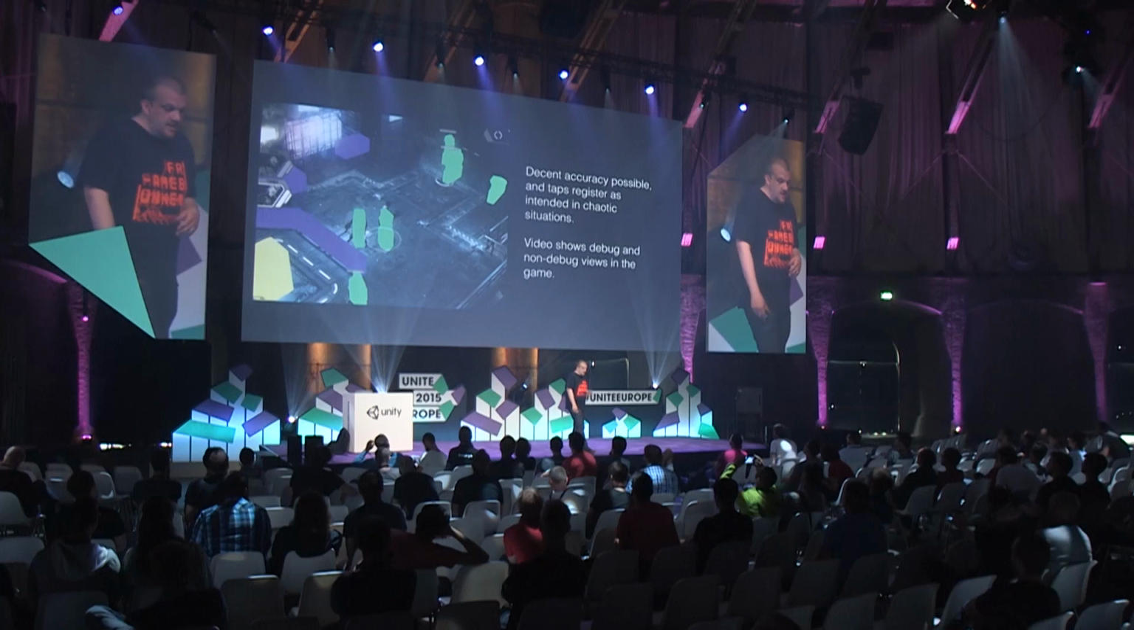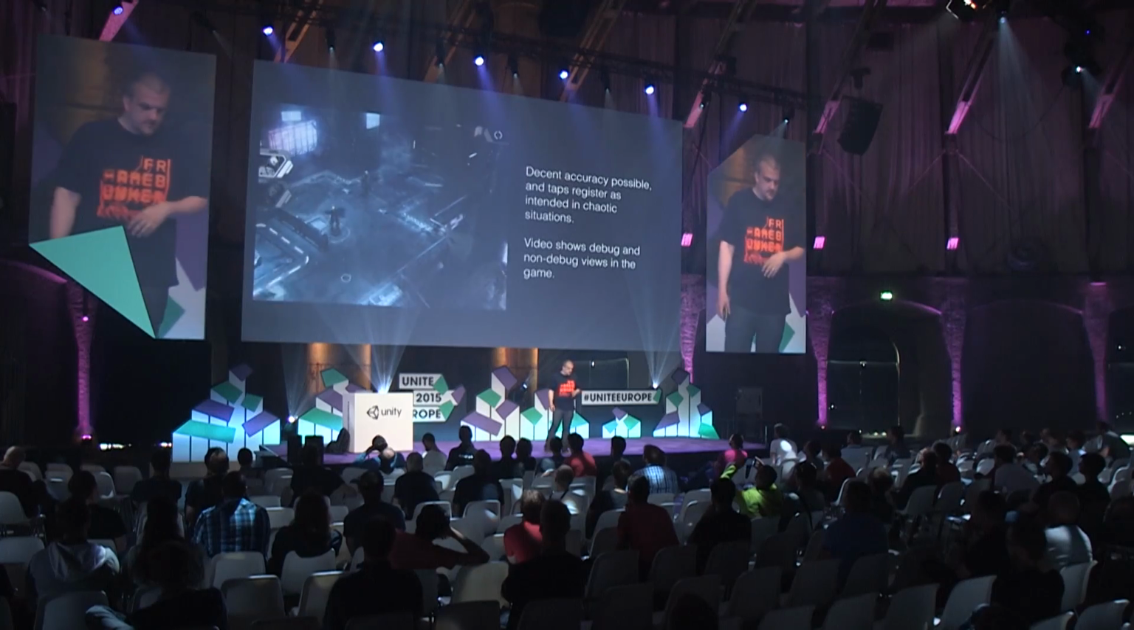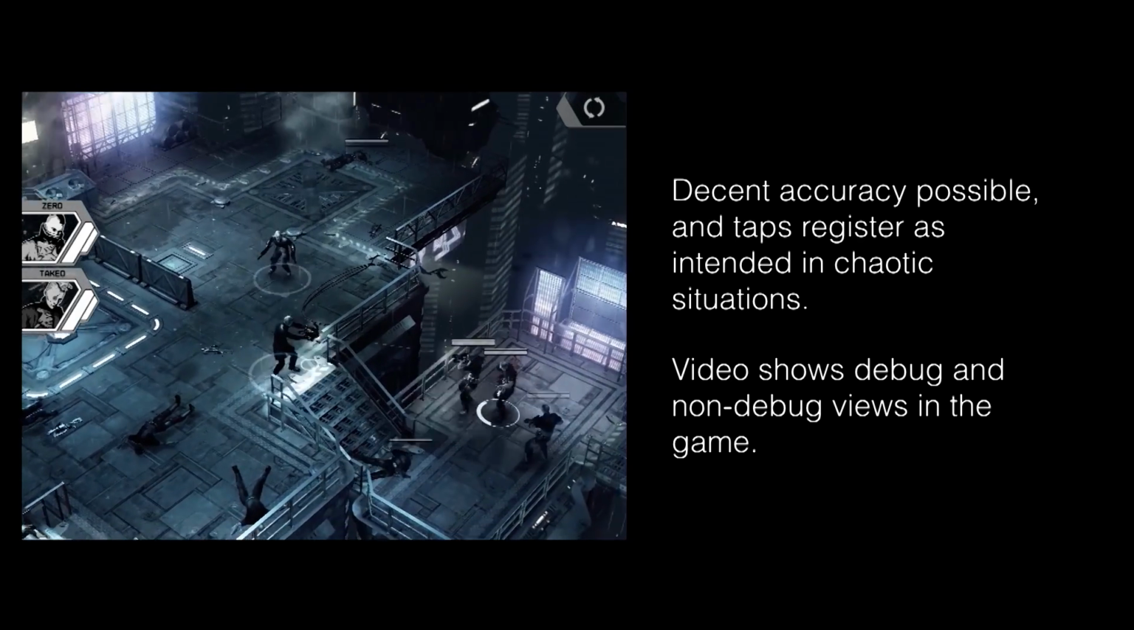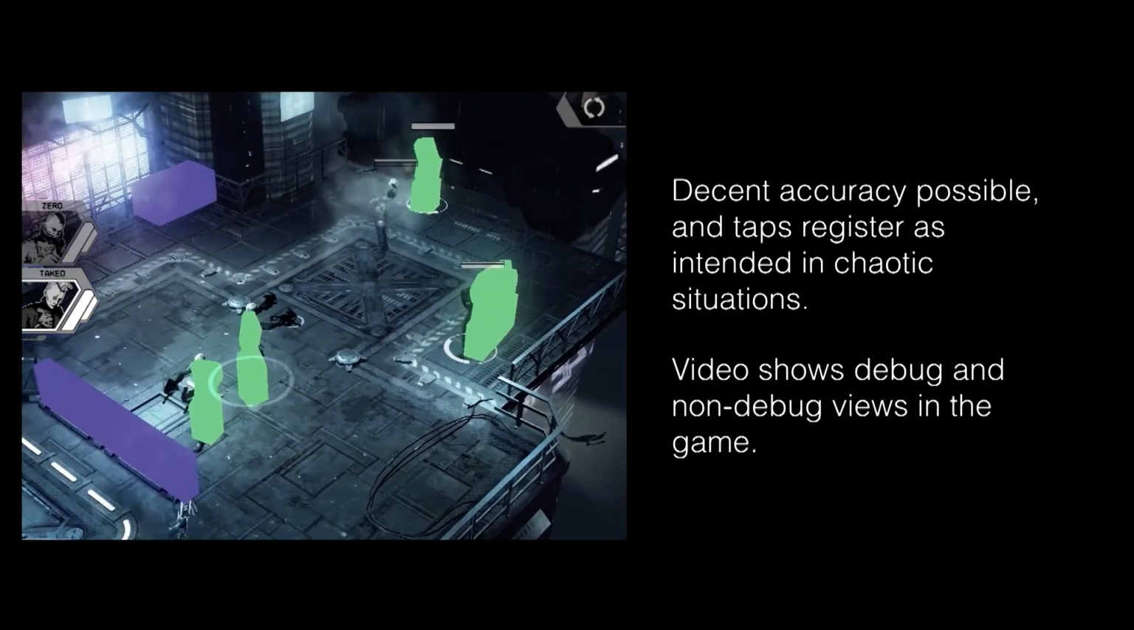with decent accuracy. I have a video that shows debug and non-debug views of the game. The clip will play through and then play through with these volumes drawn on top of it. So we've got some guys fighting on a rooftop. And when we replay, the guys have volumes that are pretty obvious,